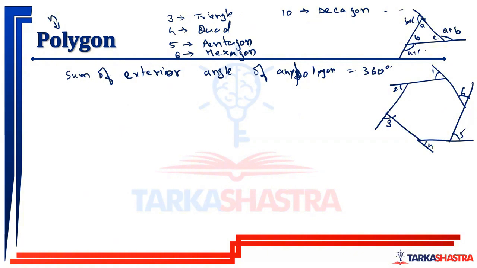It is 180 degrees. So 2a plus 2b plus 2c will be 360 degrees. तो कोई भी एक पॉलीगॉन ले लो, उसके एक्सटीरियर एंगल का सम हमेशा 360 डिग्रीज रहेगा।